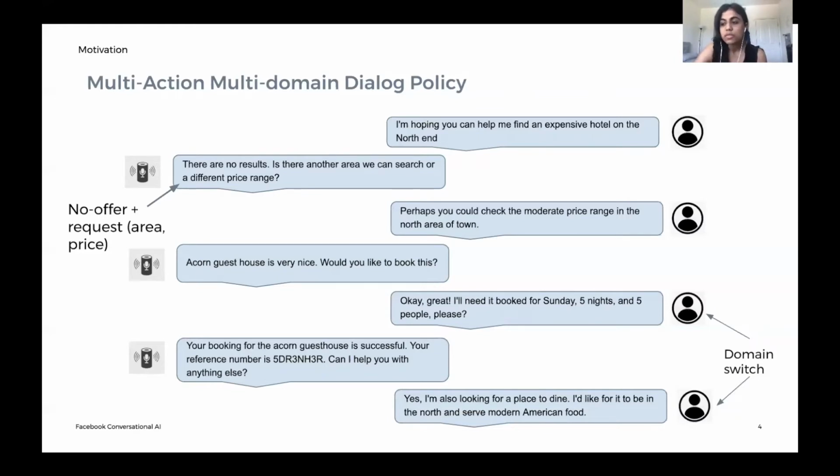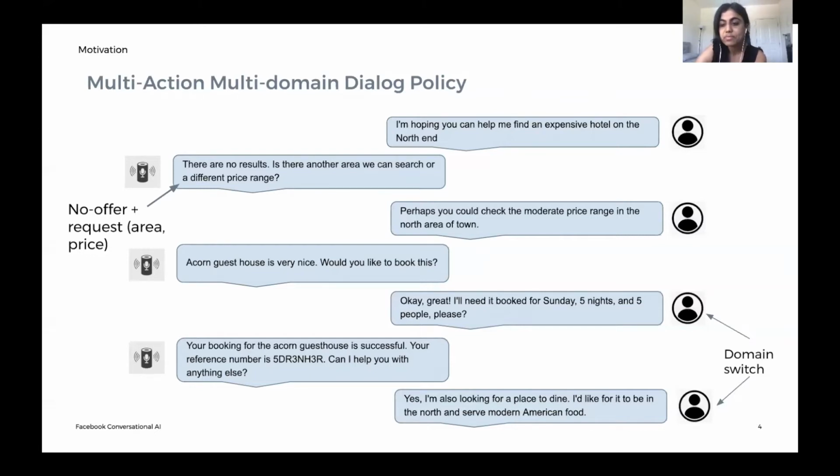Allowing a sequence of dialogue acts in a single turn increases the dialogue system's expressive power. It also makes the dialogue shorter in length, which further reduces the scope of errors in the dialogues. But the downside is that the action space is exponentially larger, which makes learning a dialogue policy model a much harder